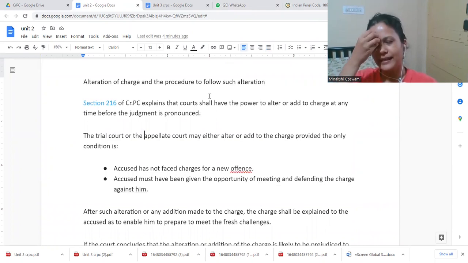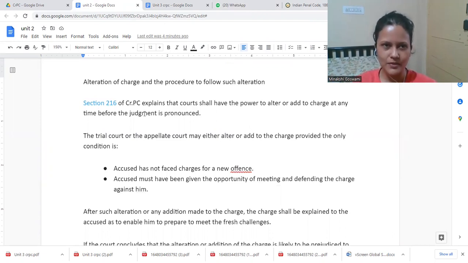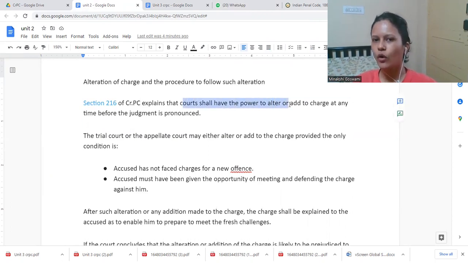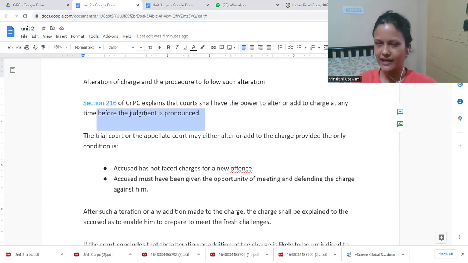Now, it may happen that charges are filed, okay, fine, these are the charges for which the person is charged, and trial also starts. It may happen that at a later stage, the court shall have the power to alter or add the charge at any time before judgment is pronounced. Before judgment is pronounced, during trial, the court may make changes as well in the